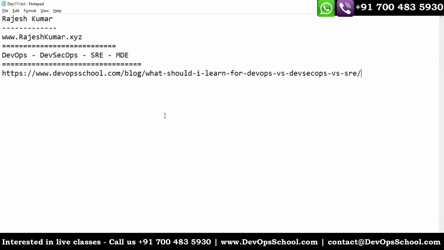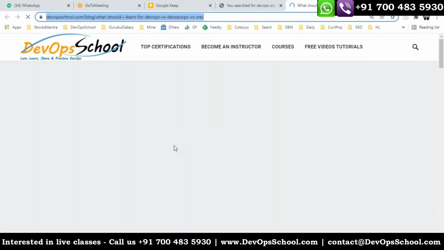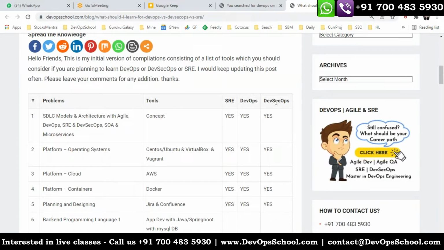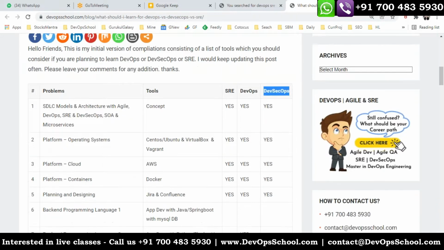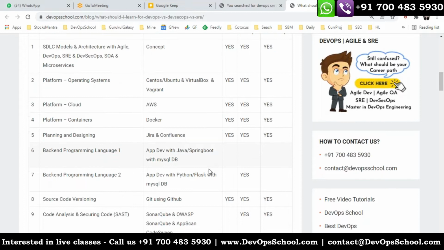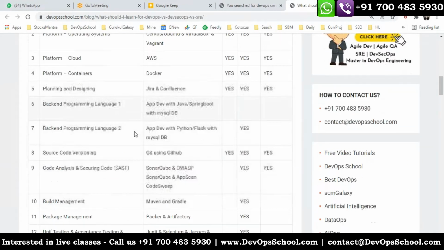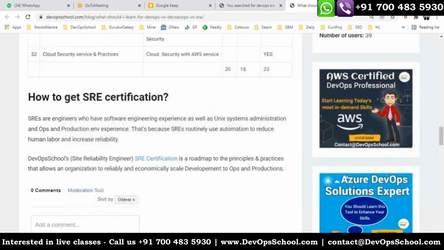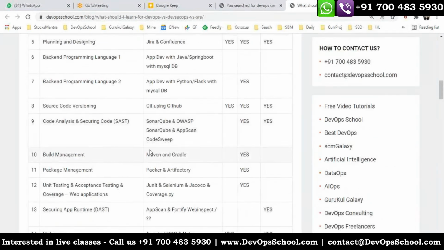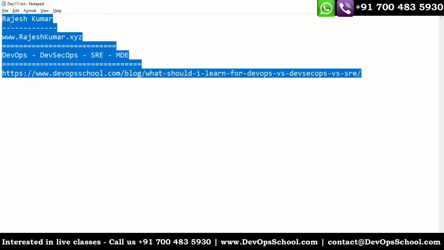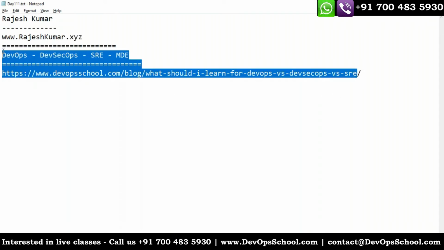I'll share these notes with you so you can refer to them offline also. So SRE, DevOps, and DevSecOps: these are the tools and technologies you have to learn to become a better DevOps engineer, DevSecOps engineer, or MDE engineer.